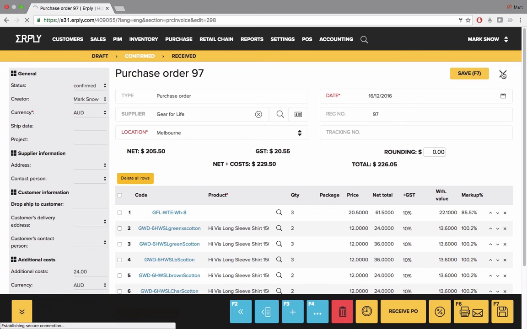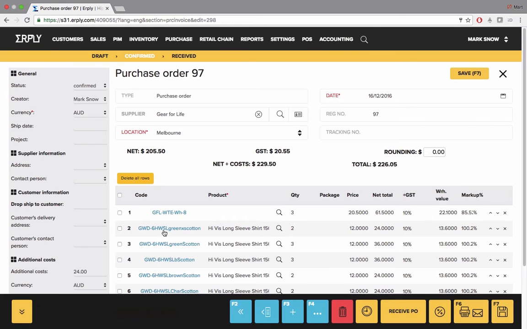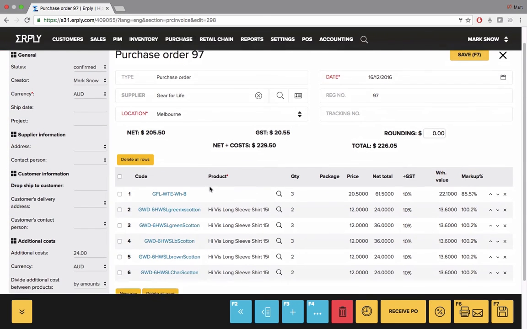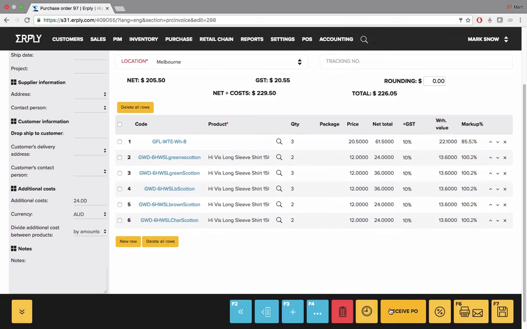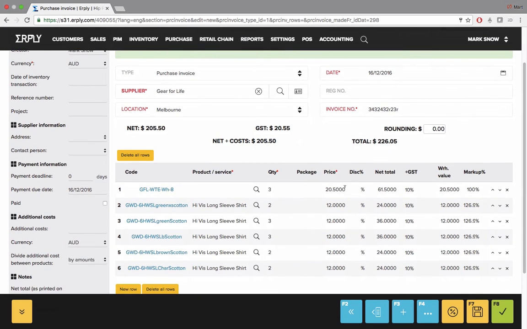When the goods arrive, locate your purchase order and open it to finish the process. Open your purchase order and select the Receive Purchase Order button. Once selected, you will notice the layout converts to a purchase invoice. A new field, Invoice Number, appears, and you'll need to enter the purchase invoice number set on the supplier document